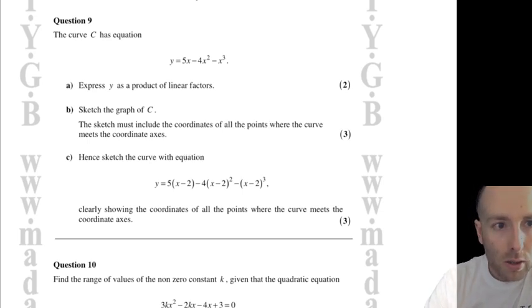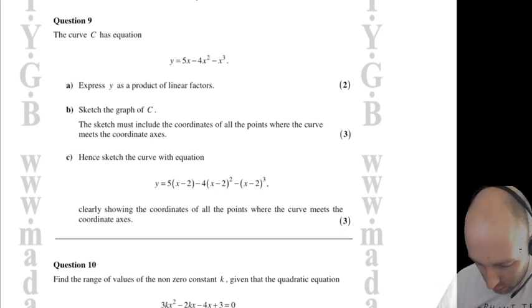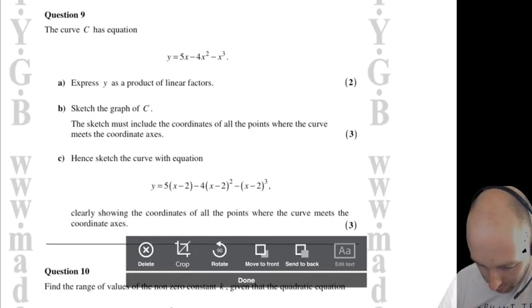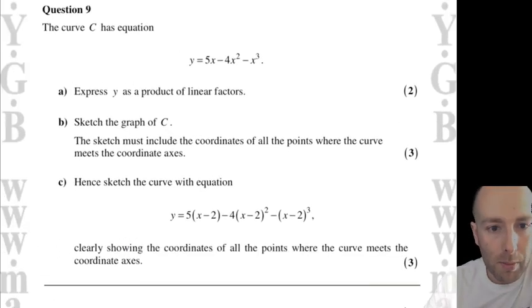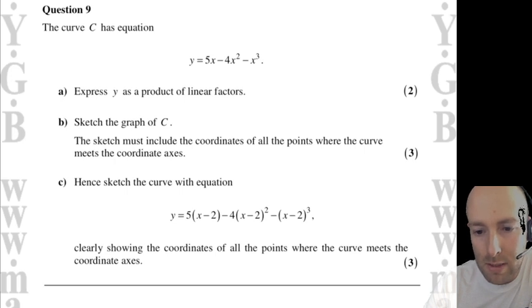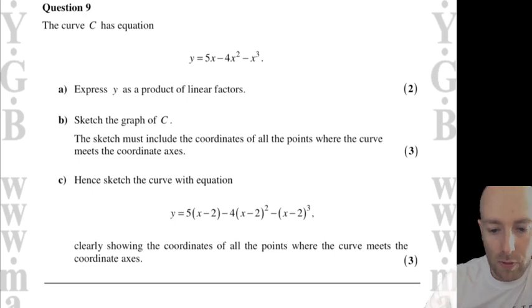So I'm going to start with question 9, which is an 8-mark question. Which is pretty tricky by the looks of it, but I'd like you guys to give this a go. So I'll give you 10 minutes because it is quite a hard one. So 10 minutes on the clock, starting from... none of my shortcuts work either. Starting from